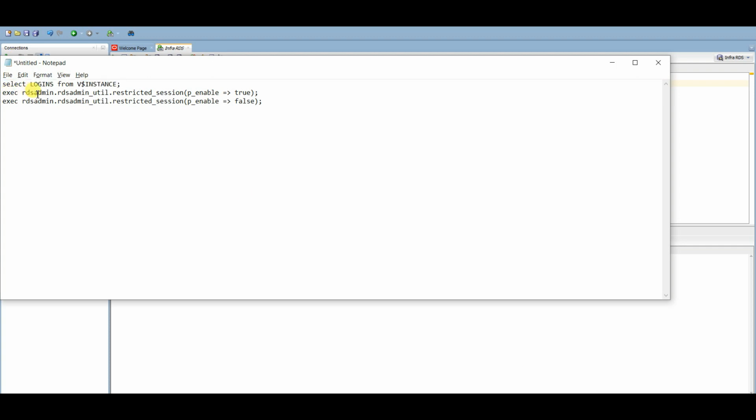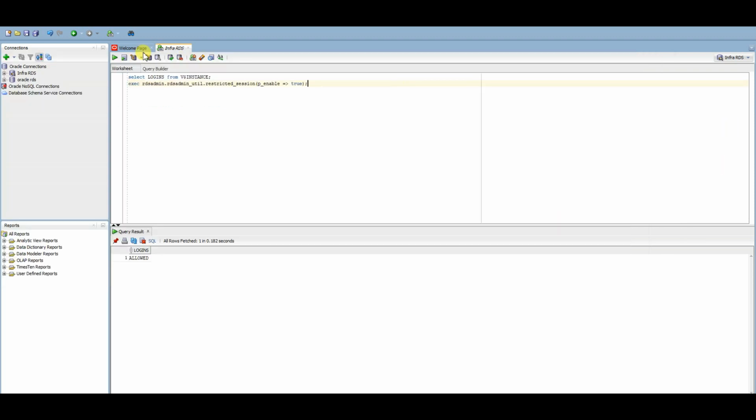Execute rdsadmin.rdsadmin_util.restricted_session, and we need to enable it, needs to be true. So I'll just copy it and run the command.